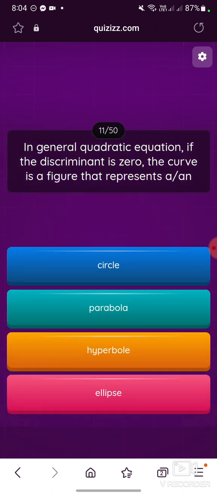In a general quadratic equation, if the discriminant is 0, the curve is a figure that represents an